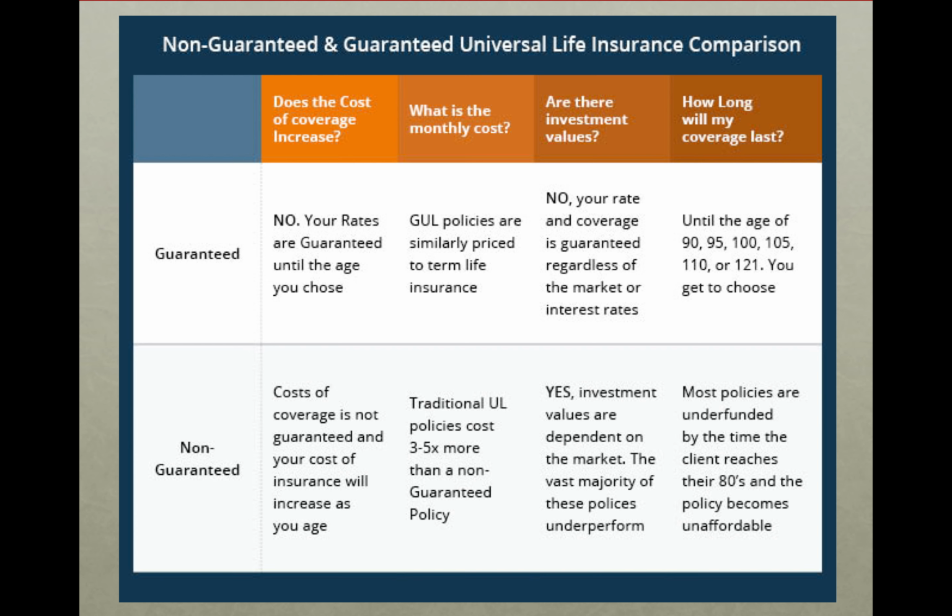There's something called guaranteed universal life as opposed to non guaranteed. Basically, you can put a cash amount into a big policy. It's guaranteed to never go away until you reach age 100 is most common, but nowadays they'll issue them up to 110 or even older. All right, and basically it's guaranteed to never go away regardless of market or interest rates. The problem is that you're going to pay a lot higher premium for that.